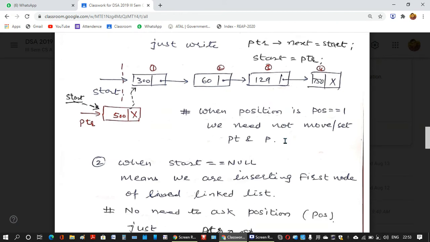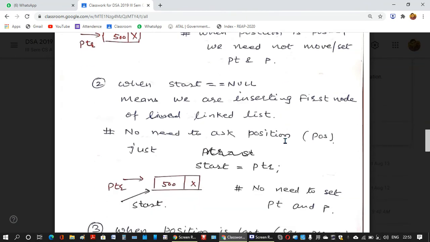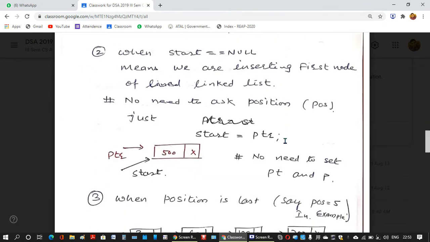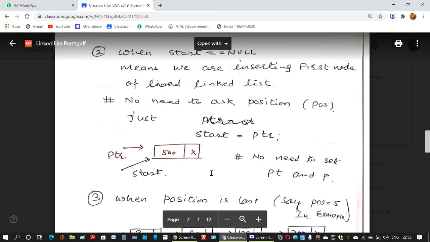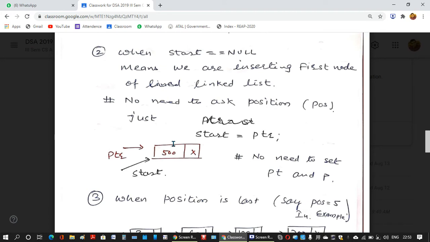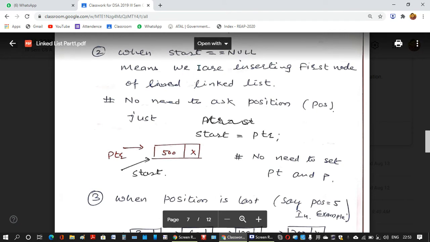Now you come to this point. When start equals to null, what to do? If start is null, it means there is nothing in the linked list and we want to insert this new node ptr into the linked list. So we need not ask about the position, because this is the very first node. This is a special case when start equals to null.